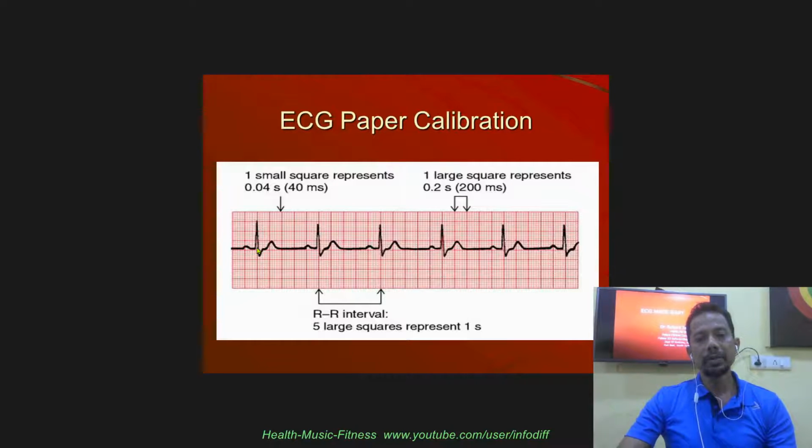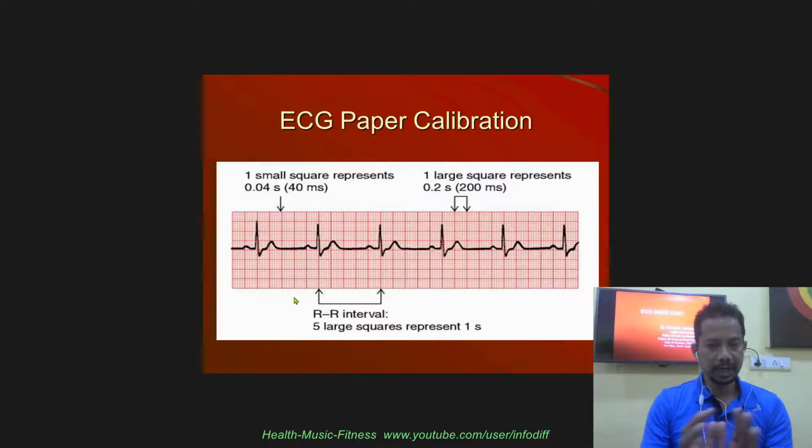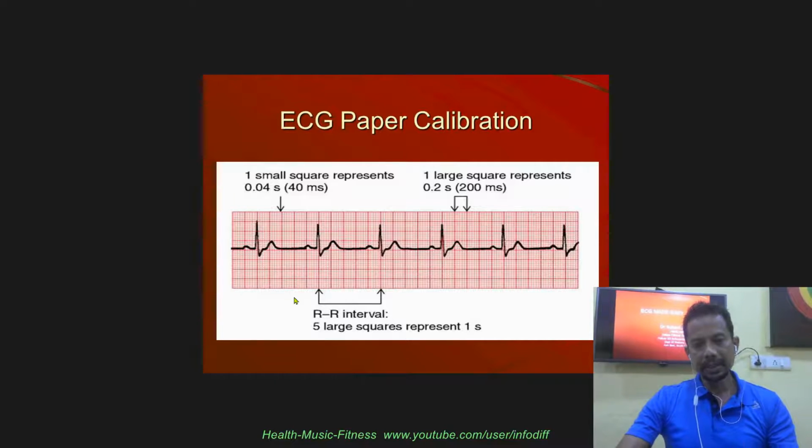It overrules or surpasses the electrical activity of the right ventricle. Not fully true, but true, because the left ventricle is very bulky, the right ventricle is not so bulky, so it just overshadows the electrical activity of the right ventricle. But the leads which overlook the right ventricle will record the right ventricular activity very nicely, like V1, V2, and we will discuss this in detail in the subsequent videos.